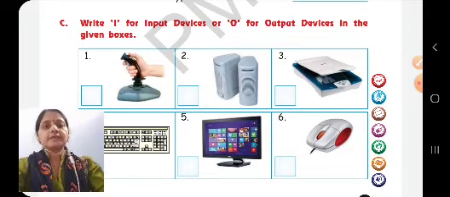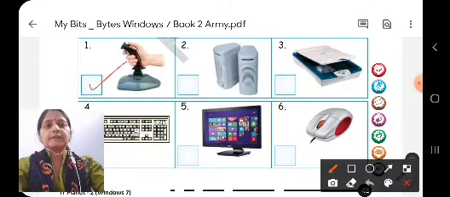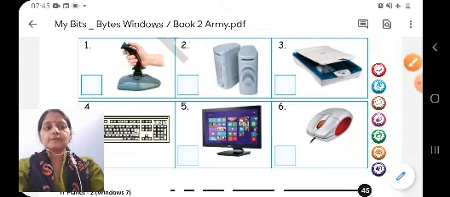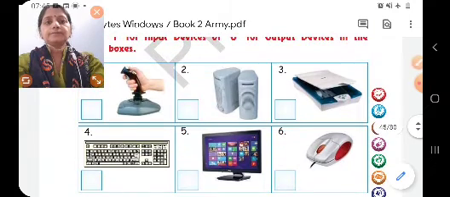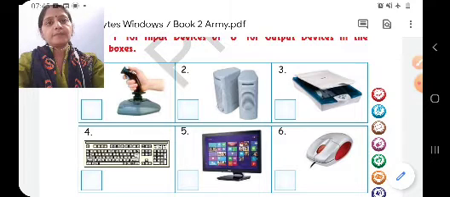So here there is a box, you can see this is a box. In every picture we have a box. We are going to write I and O for these devices. Now children, first device is a joystick. It is an input device as it is used for giving instructions while playing games.